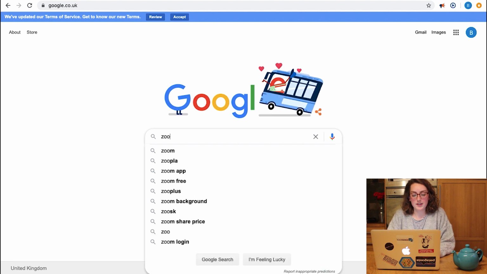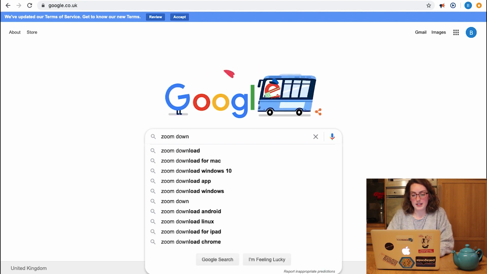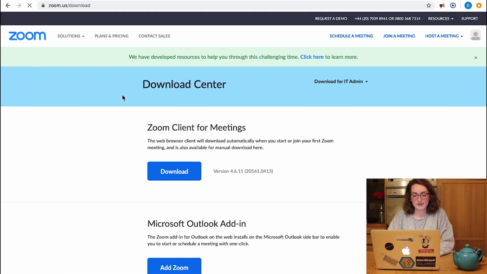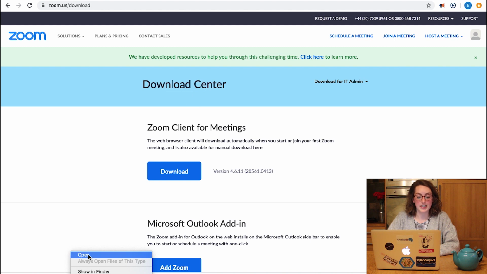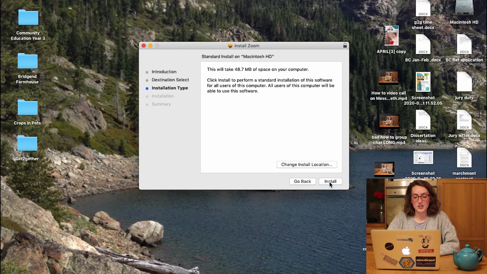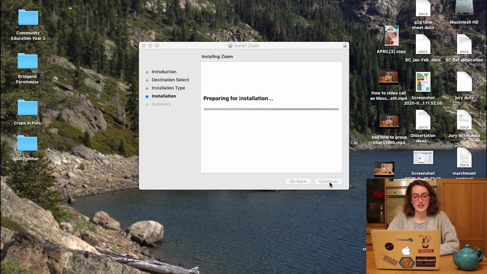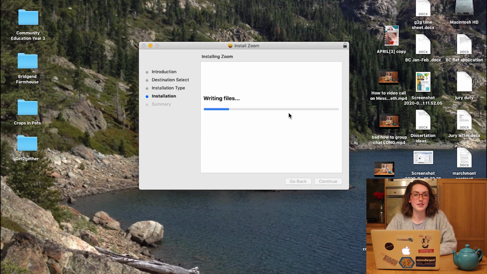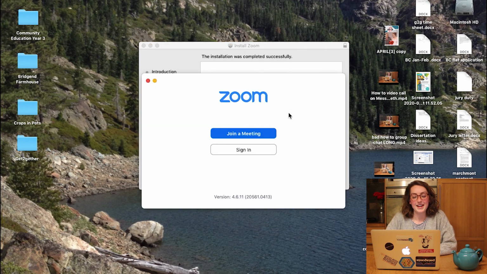So I'm going to search for it. I'm going to type Zoom download. Okay, and I'm going to select this first one, Zoom Client for Meetings, and hit on to download. So now we have to open the application that we've downloaded. So we just hit continue and install. And it might ask us for the password for our tablet or laptop. And when it's ready,